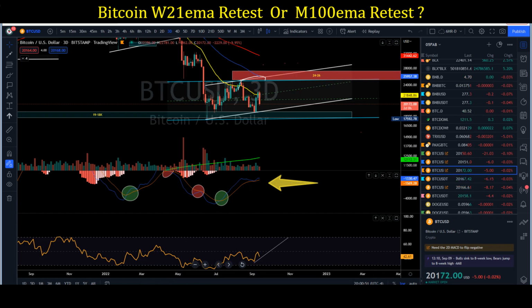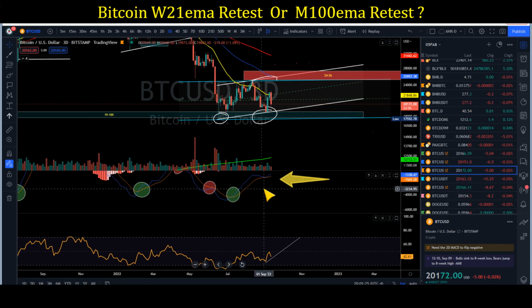If you recall what we said when BTC was at the 24k resistance around the 21ema, we said that even if we dump down to our 18k to 19k support area, if the MACD doesn't clearly cross negative, we're most likely not going to break below the support area, right around 17.5. So it did not break below the 18k and bounced back up. You take a look at your MACD, it is still positive, even though we got a nice dump.